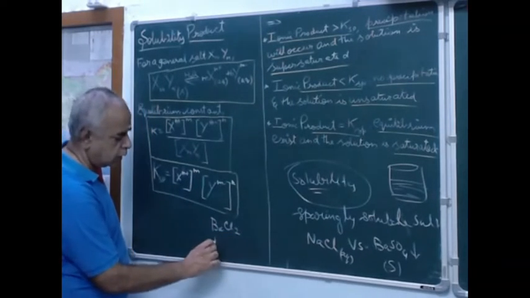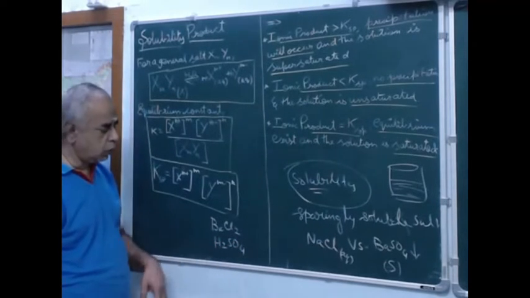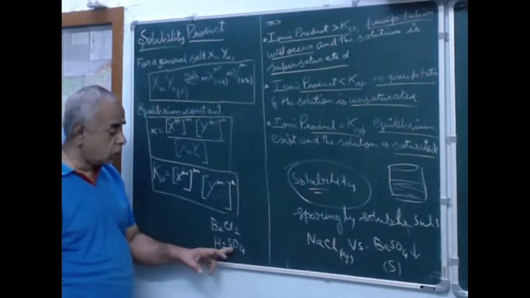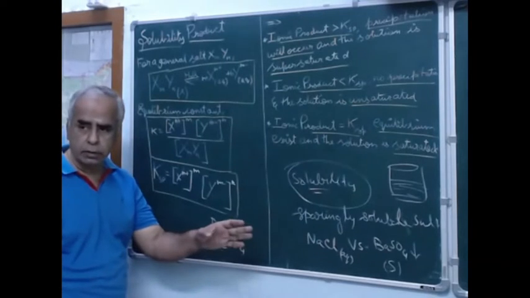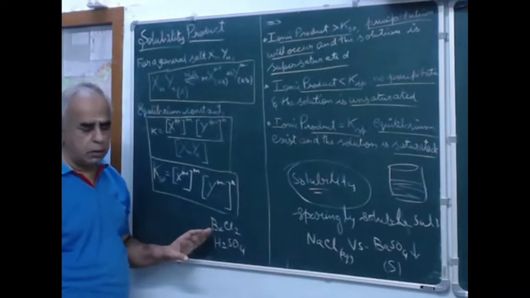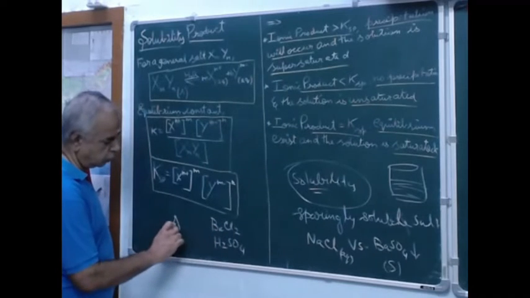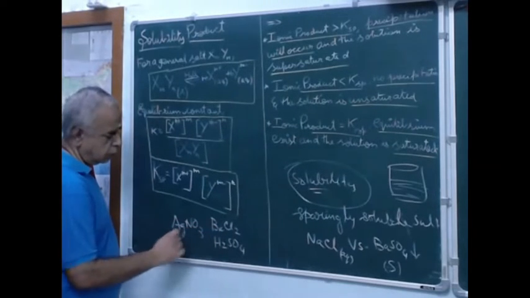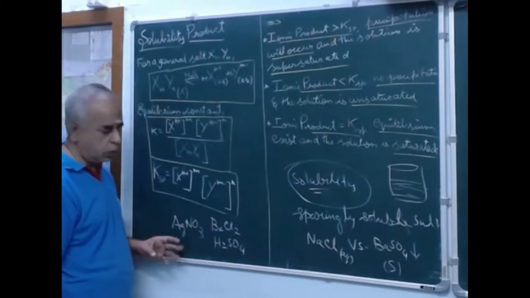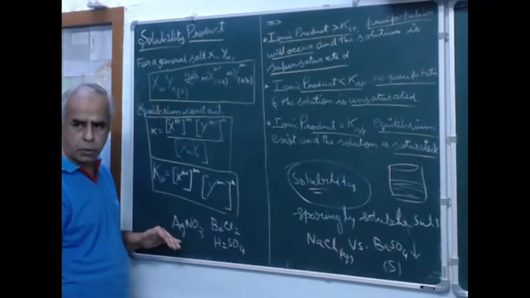Let me consider H2SO4. What is the atomicity of hydrogen? 2. What is the atomicity of sulfur? 1. What is the atomicity of oxygen? 4. What is the atomicity of sulfuric acid? You have to add everything. So 2 plus 1, 3 plus 4, 7. Do you understand this? Okay. What is the atomicity of silver nitrate? AgNO3. Right? 5. What is the atomicity of oxygen in silver nitrate? 3. What is the atomicity of nitrogen in AgNO3? 1. I hope that point is clear.